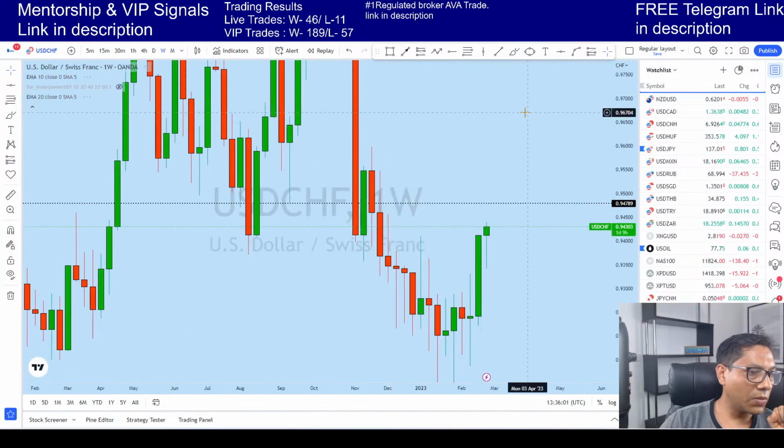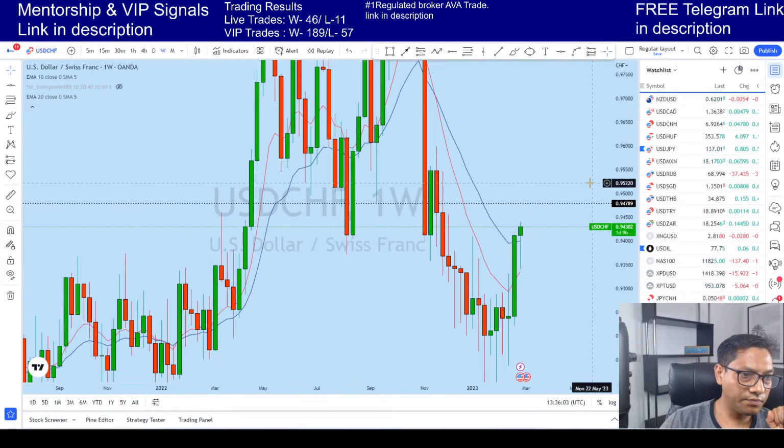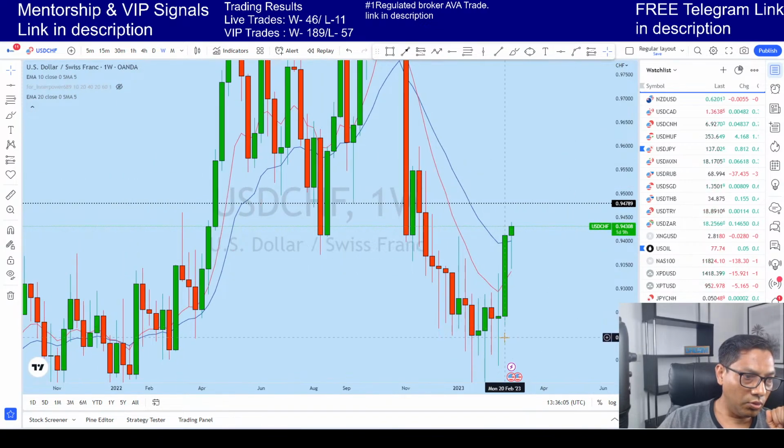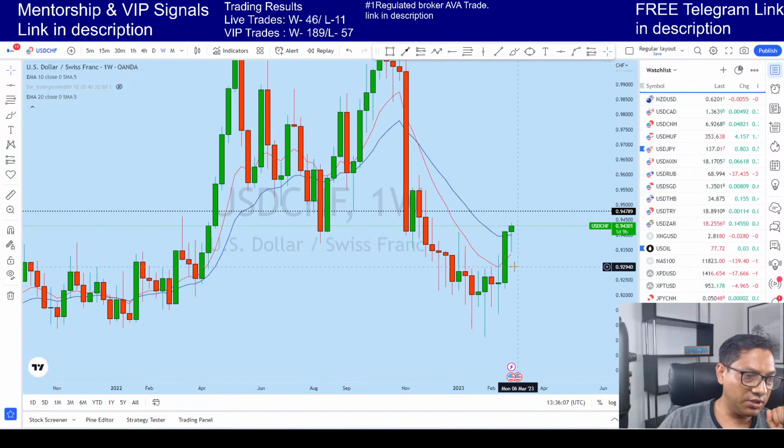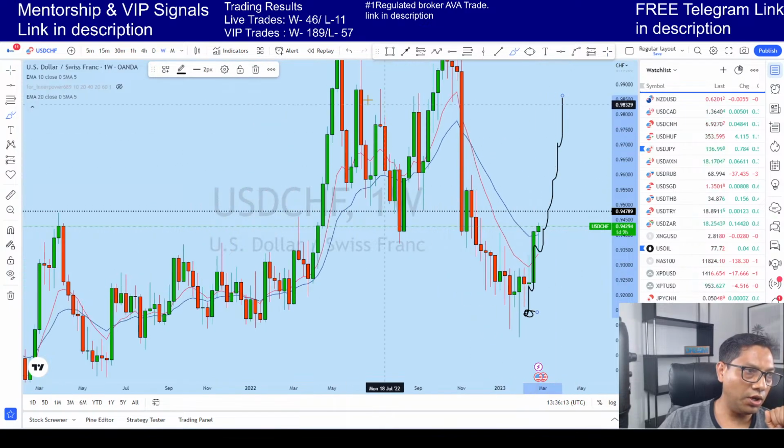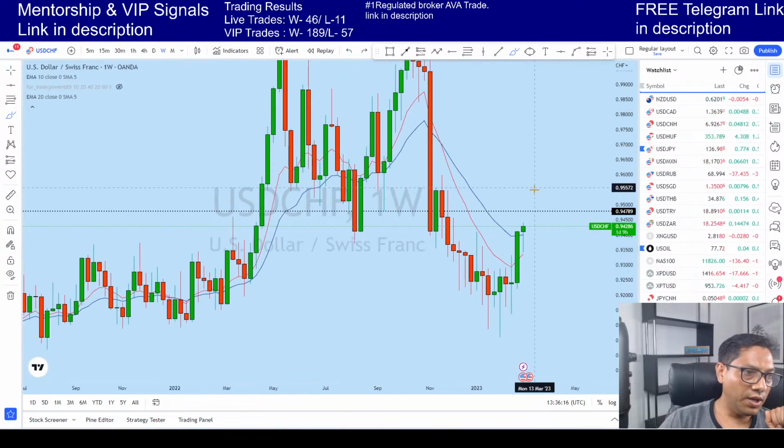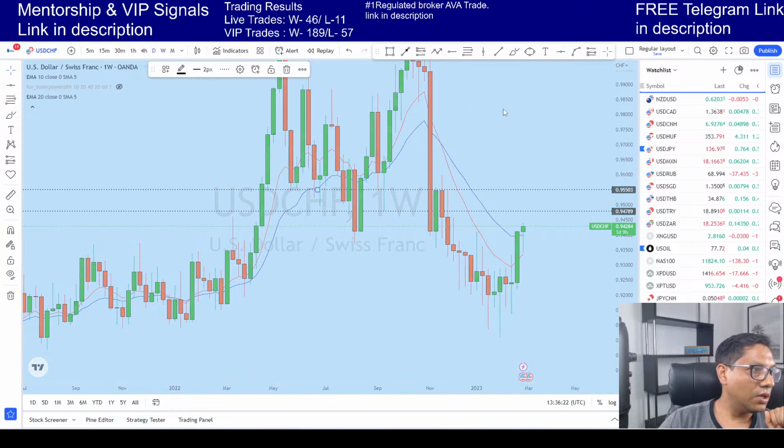So looking at weekly, we saw that there was a doji here. This doji in fact also has a liquidity gap in it, and it looks like this is the starting of an impulse on the weekly for the bigger move. And in that impulse, we can expect at least, let's say, to this resistance or to this resistance. Now looking at daily,